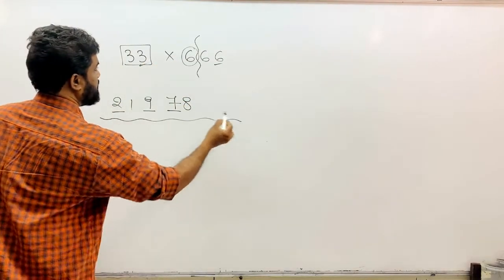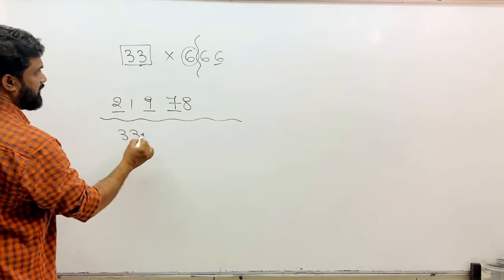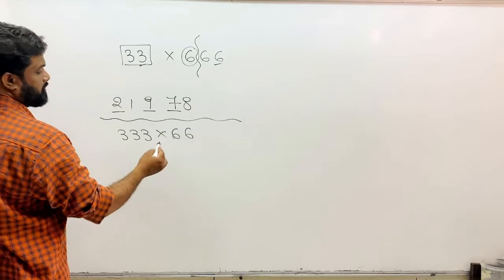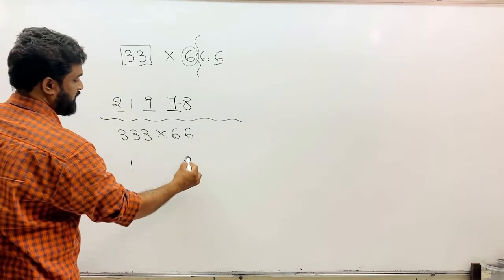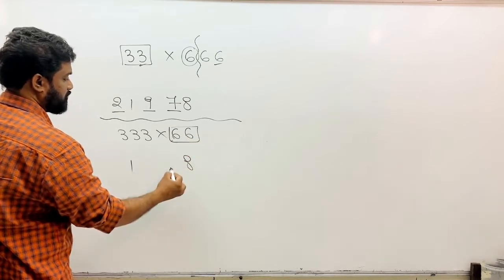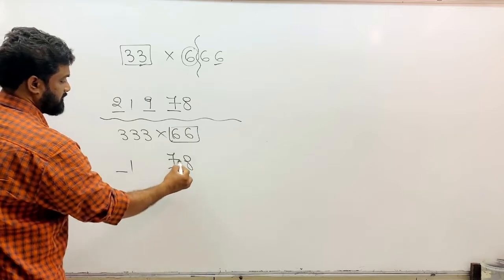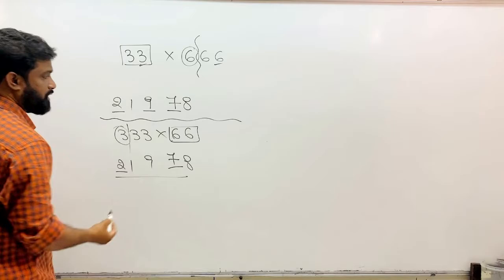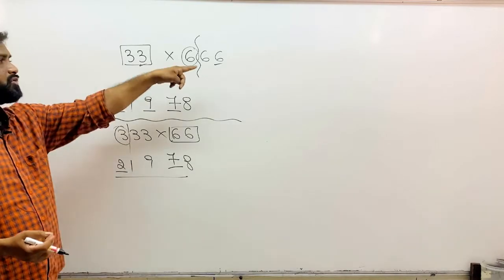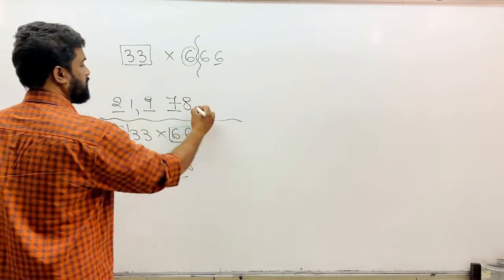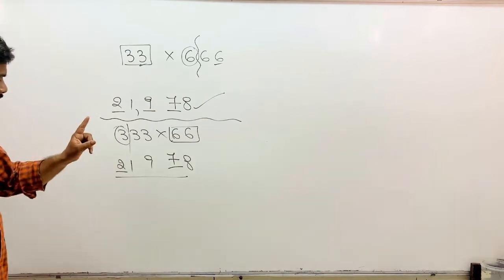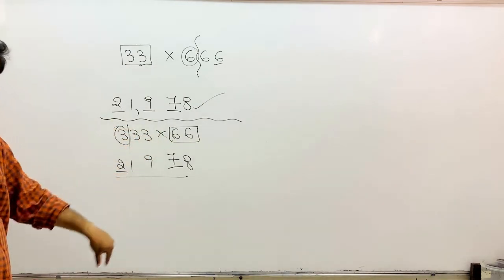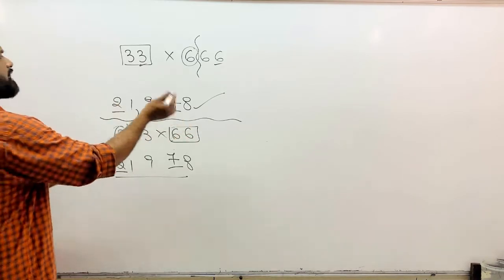Suppose I am writing here 3 3s and 2 6s. If you have something like this, so now we can write 1 8. Minimum criteria I am taking. So 1 digit here, 1 digit here, so it is 7 and it is 2 here. Since we got 1 extra 3, again you have to put 9 here. You can check in your calculator. 33 into 666 will give 21,978, and 333 into 66, that also will give 21,978.